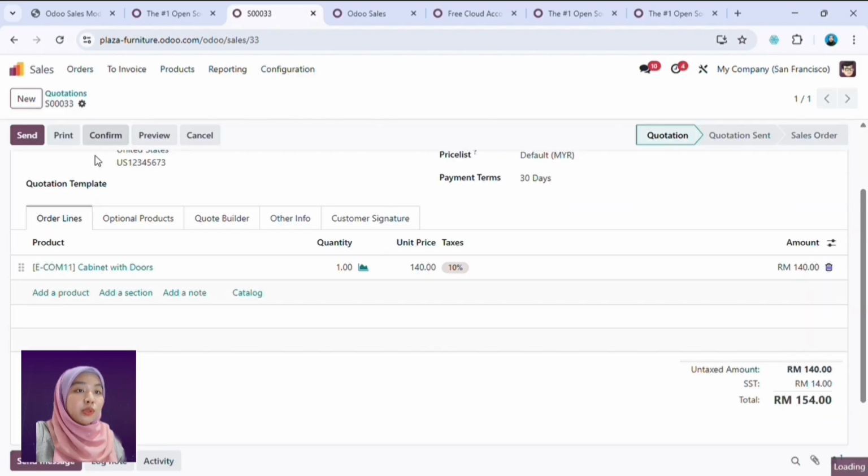And as you choose product cabinet with doors, you also can see the quantity. So if you want to edit it, maybe you want to offer 2 quantity of cabinet with doors, you can change it, and you can also modify any taxes, and you can see the amount and the total amount without tax and with tax here. Then